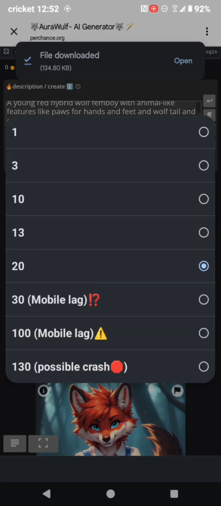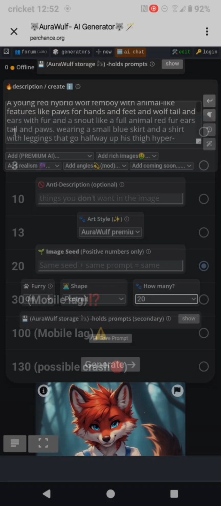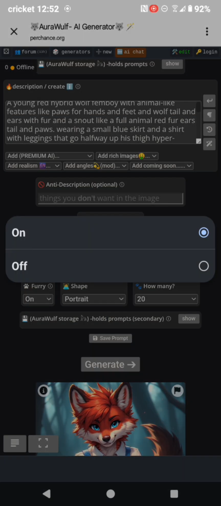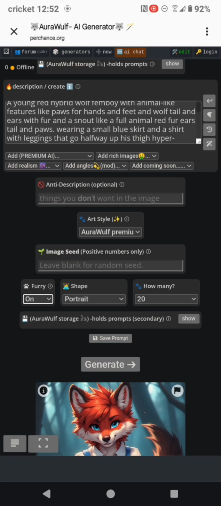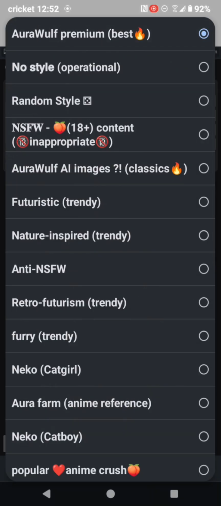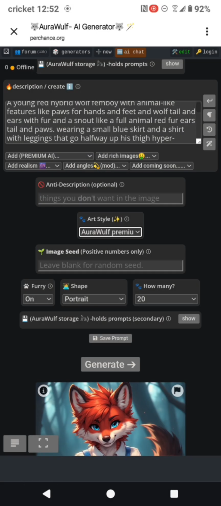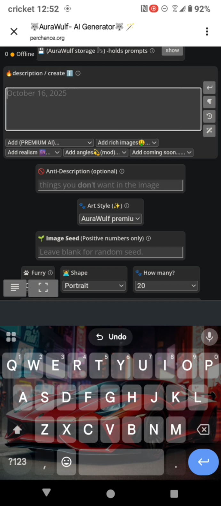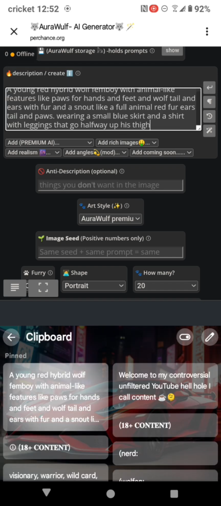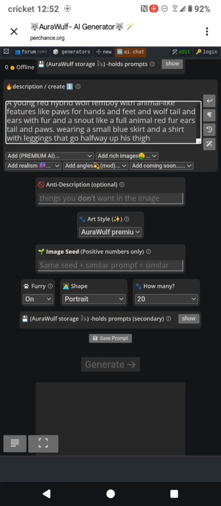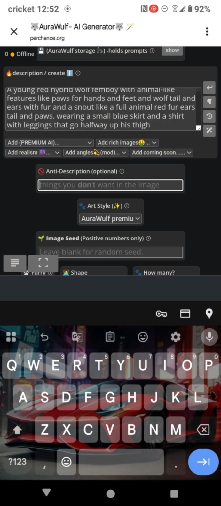Now most things have this, where you can pick an amount, and mine has a special one that allows you to turn furry on and off. All right, I need to point this out because most generators do this. My system, when you use this feature, mainly has the anti-descriptions built in, but if you're doing this from scratch, my suggestion is to carefully consider. You put this in, and if you don't want something like